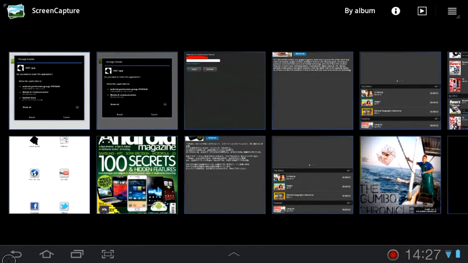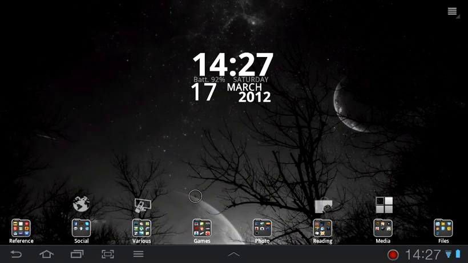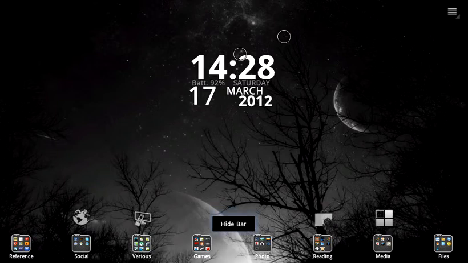And another one is gesture control, or whatever it's called. Basically that allows you to use various gestures, like using four fingers to squeeze on the screen to go home. So that's moderately useful. However, the most useful aspect of it is that I can use two fingers to hide the status bar, which is very useful in video because basically,